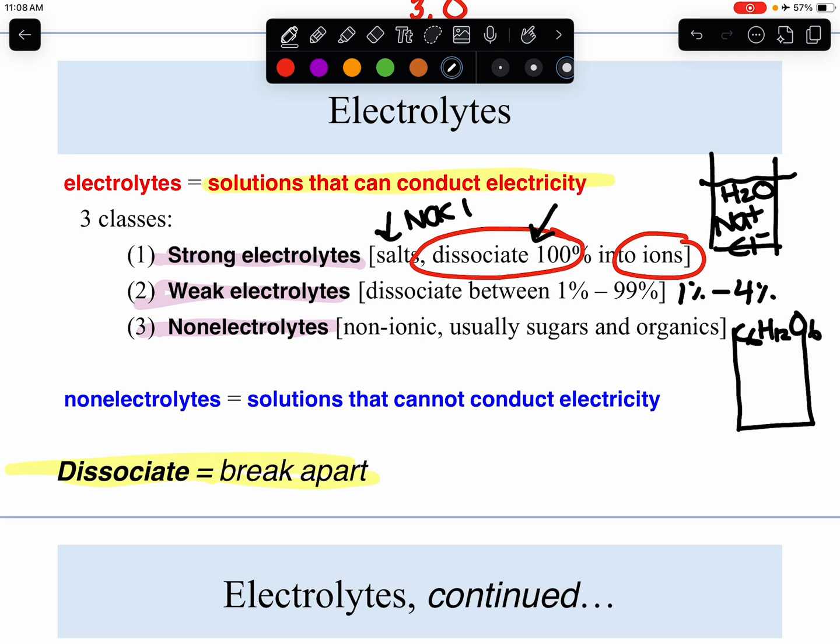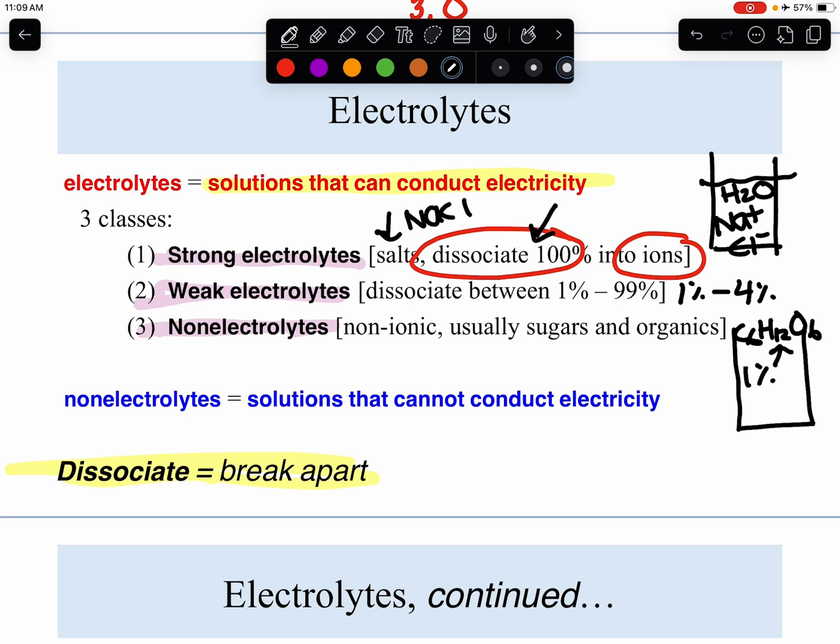C6H12O6, about only 1% or 2% of them would break apart. The rest of them would stay C6H12O6. Okay? So if any are broken apart, but not all of them, we call that a weak electrolyte. And then a